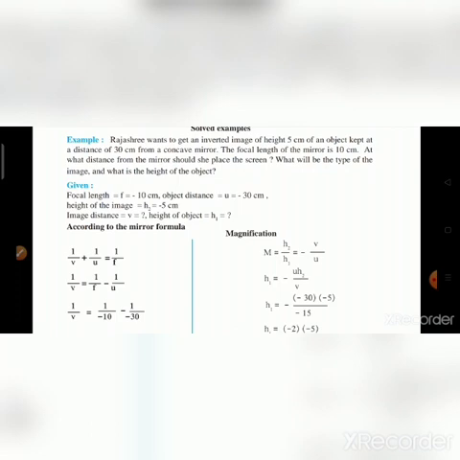So here Rajashri wants to get an inverted image of height 5 of an object kept at a distance of 30 centimeter from a concave mirror. The focal length of the mirror is 10 centimeter. At what distance from the mirror should she place the screen? What will be the type of the image? And what is the height of the object? So in here,